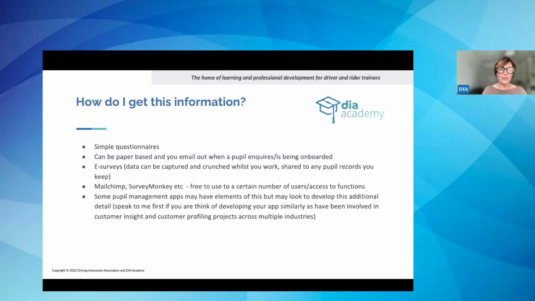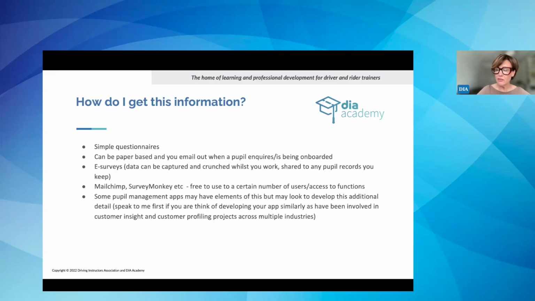So simple questionnaires, keeping it as short as you can, but not getting too hung up on, oh, I can only have 10 questions or people start losing interest. This is an important process and it's important information. This is not a marketing survey where you'd like to know their certain tastes and desires. This is important information for designing the learning journey and for risk management. And explaining that when you send it out to the pupil, the why we are doing this and why I need this information from you, is as important as the survey itself.